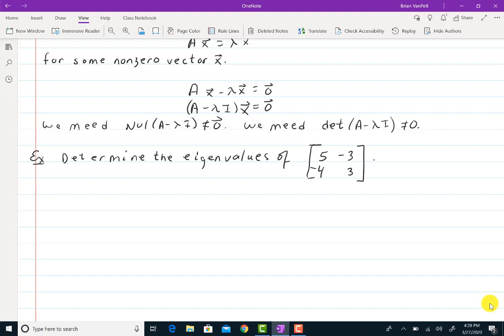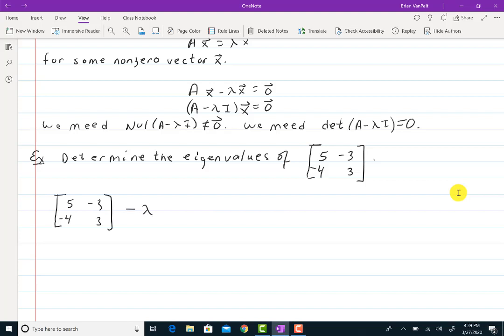And so what we try to do is, I think I made a mistake up here before I continue. We actually want there to be non-zero x's that are solutions. So actually, I want the determinant to be 0. My bad. So what we do then is we look at this matrix, 5, negative 3, negative 4, 3, and